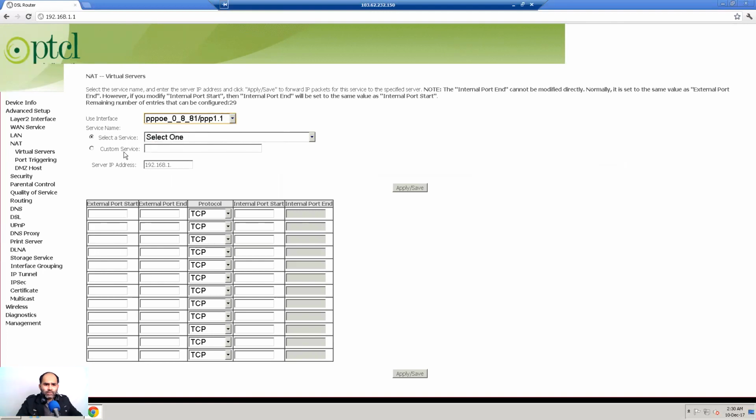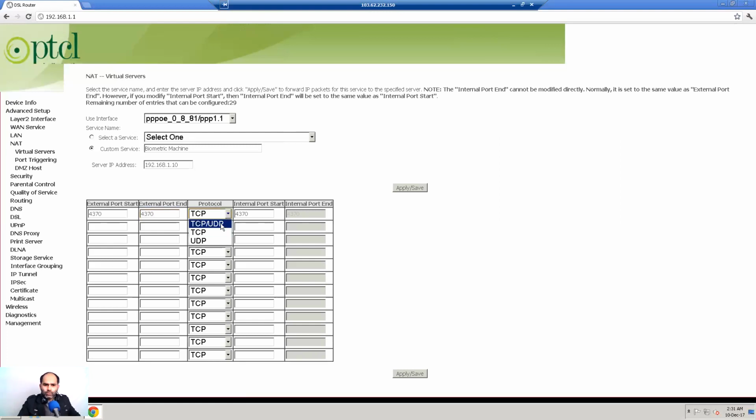PPP 881 interface, custom, select it, biometric, name it whatever name you want, and set the IP of your biometric machine, which is 101.1.6.10, port 4370, which we have rightly triggered in our router.